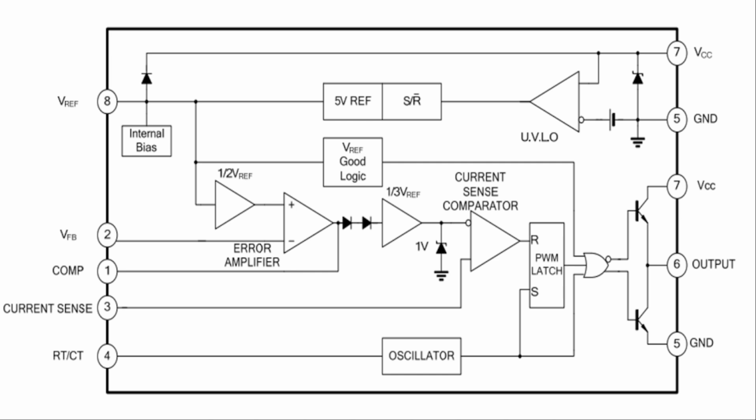Let's try to understand from the block diagram which operators are used in it. VC voltage will enter at pin number 7. Pin number 5 is the ground pin. Negative volts will enter. The Zener diode is set to 34 volts. You can give a maximum of 34 volts. If you give more than that, it may short and the IC will stop working. If you give it up to 30 volts here, it will be better for it. If pin number 5 and 7 are shorted, then this Zener will be shorted. If you suddenly apply more voltage here, this Zener will move out of the way and the IC will start